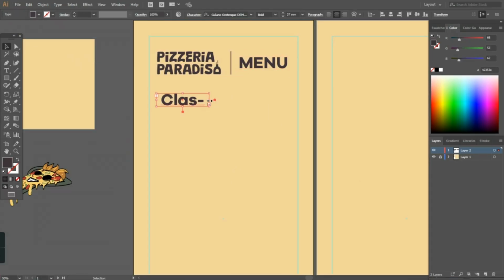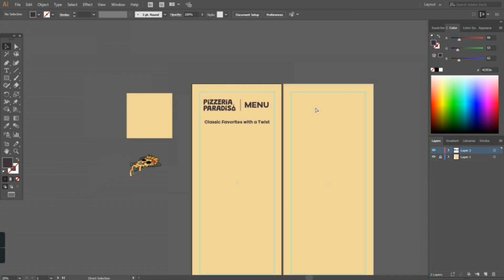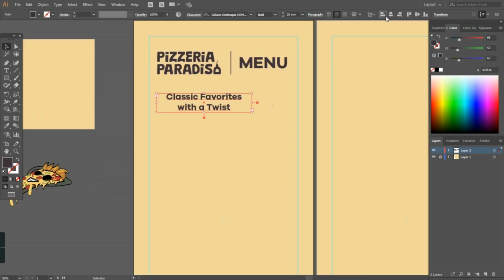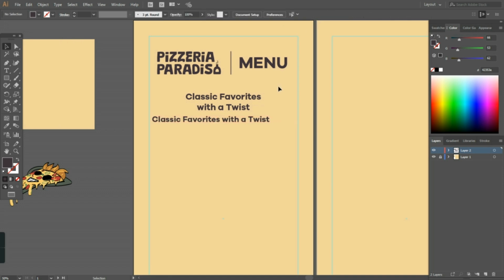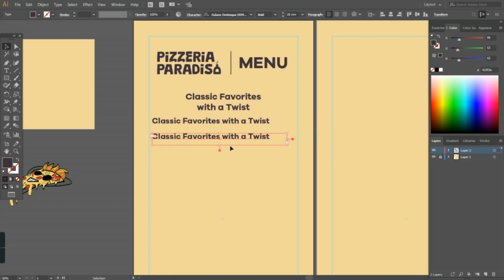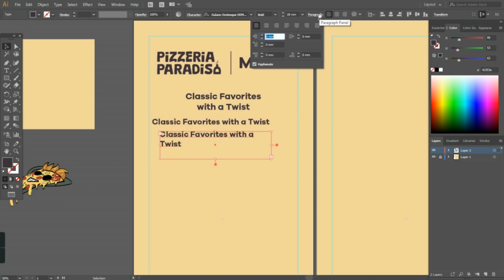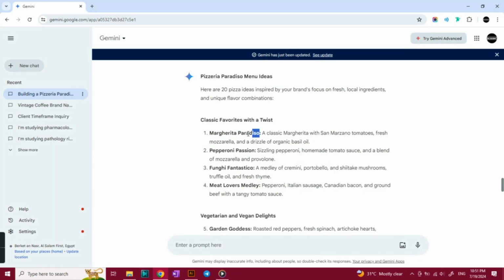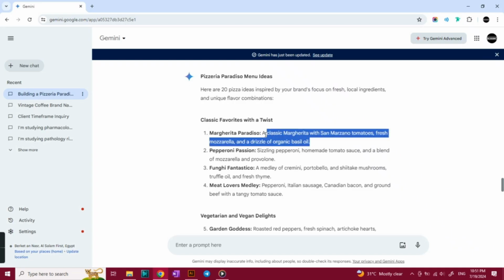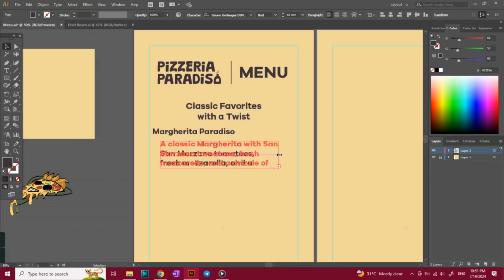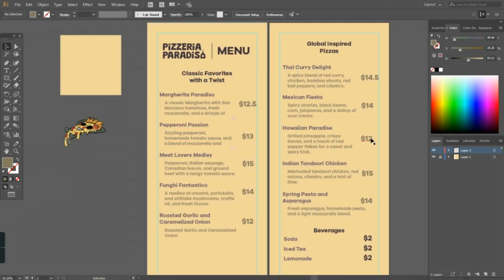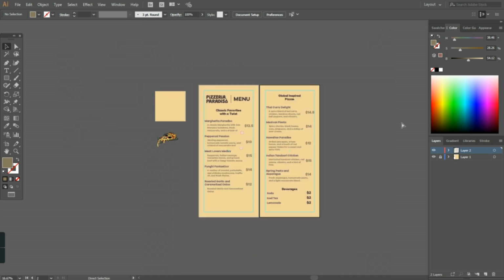Again, this is a passion project, so of course I won't be writing just random stuff in the menu of a real project. First, I'm gonna add a heading for the first category, which is classic favorites with a twist. And beneath that goes the title of each pizza. So there's gonna be like 5 kinds of pizzas under this title, and I'm gonna do that for the second page of the menu and then get back to you. Now I finished adding the list of pizza types and the pricings too,